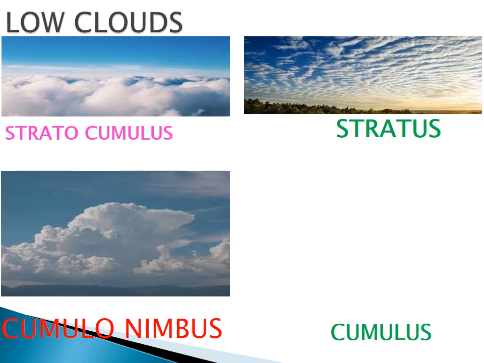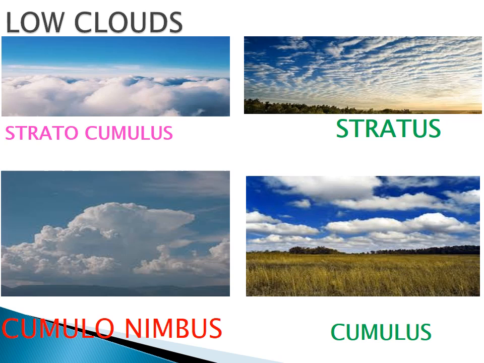And this is the picture of cumulonimbus. Cumulonimbus: fluffy, thick, towering thunderstorm cloud capable of producing heavy rain, snow, hailstorm or tornadoes. This is the picture of cumulus. Dome shaped with a flat base, often resembling a cauliflower. Yes or no? So this is the picture of cumulus, associated with fair weather. Got it?